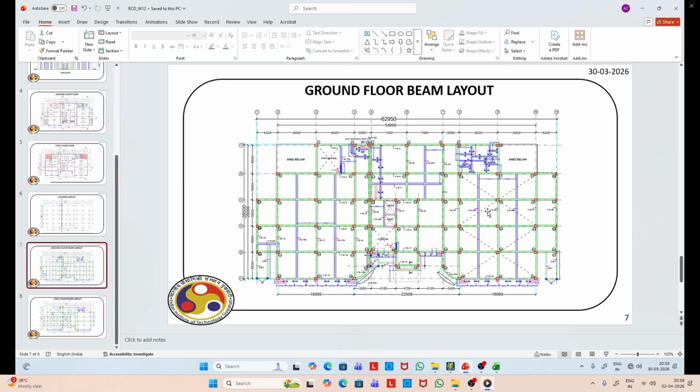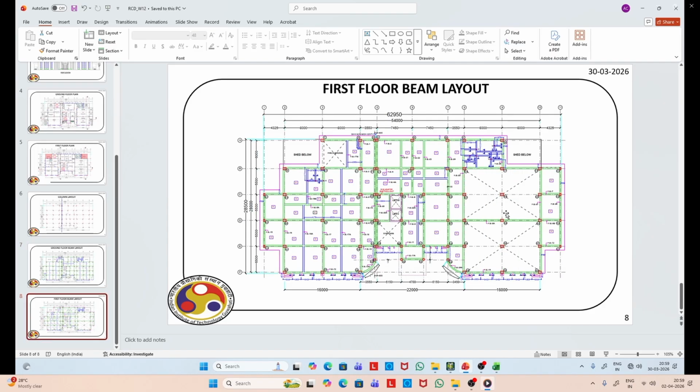So the ground floor grid is ready, and at the first floor level there is no slab, and here is an additional beam as you can see. So at the first floor level we have to modify accordingly.